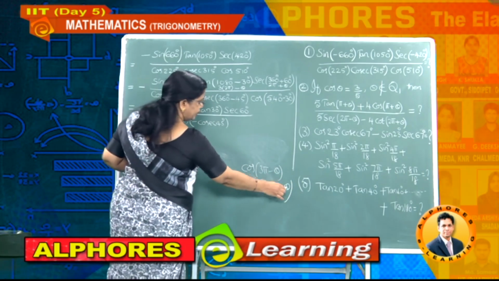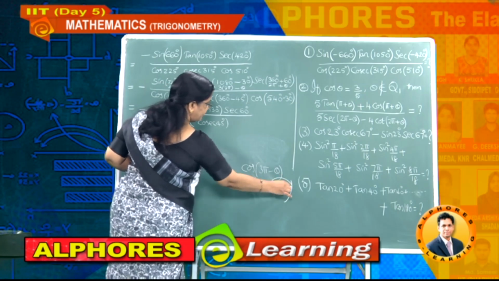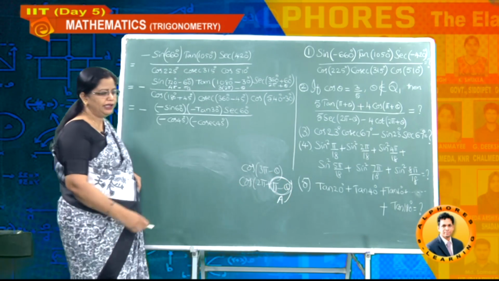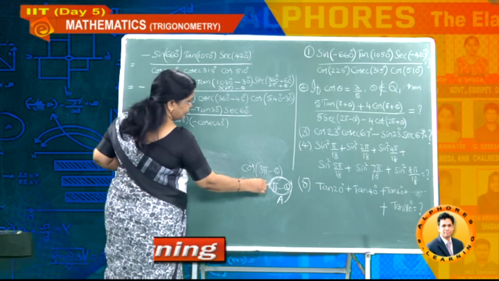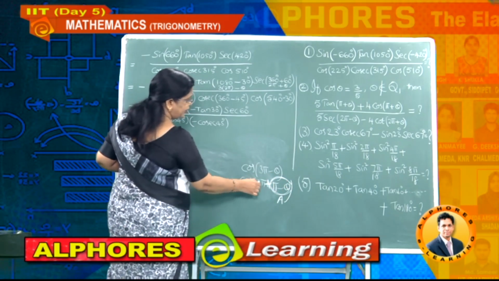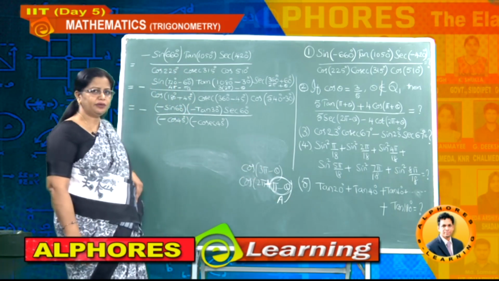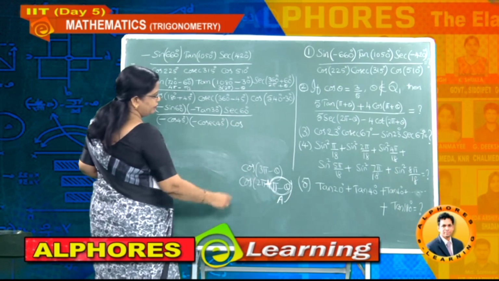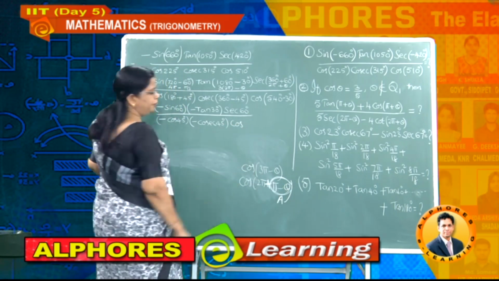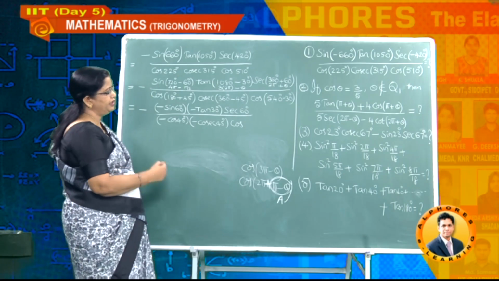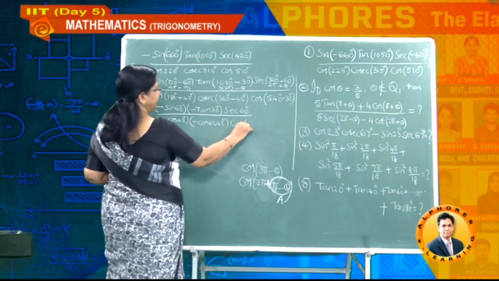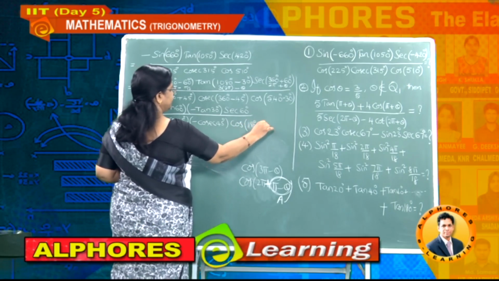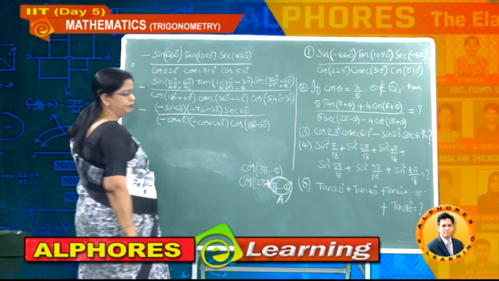Now pi minus theta, suppose you assume as some other angle capital A. It is of what model? Cos 2 pi plus A. Cos 2 pi plus A means it is cos A. Therefore we write this value as cos of how much the value left over? Pi minus 30, 180 minus 30. So I am writing this as pi minus 30 or 180 minus 30. Just one more extra step we are using.